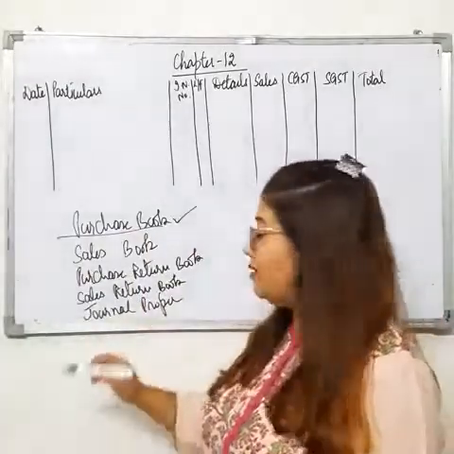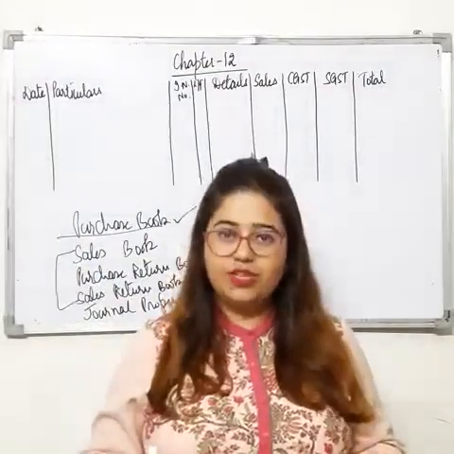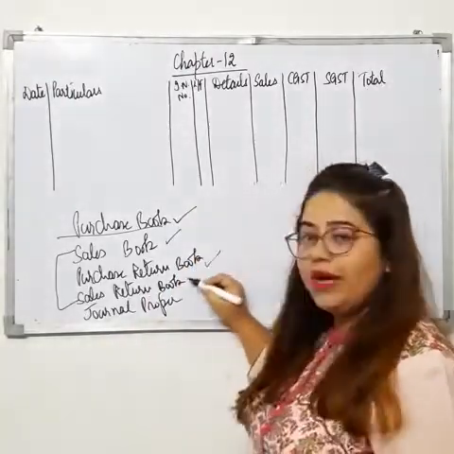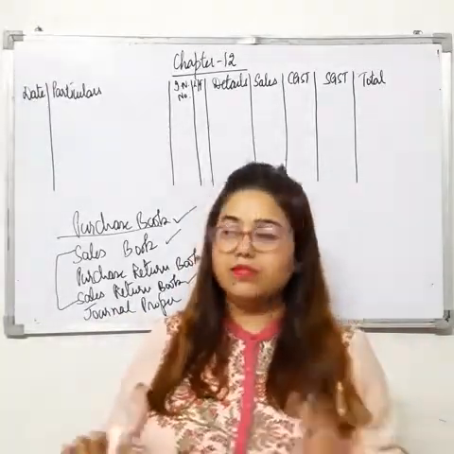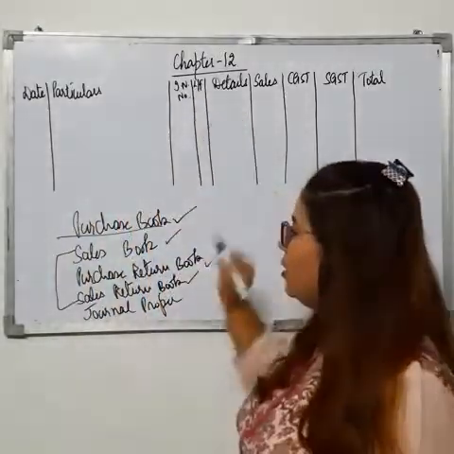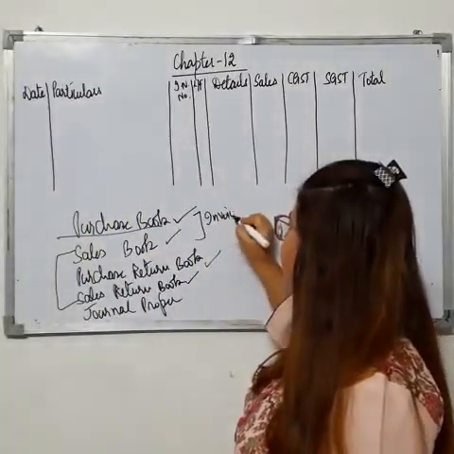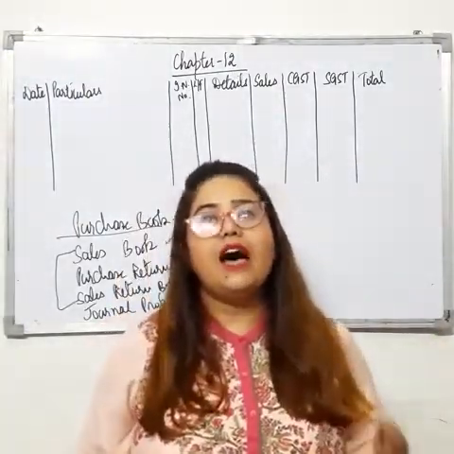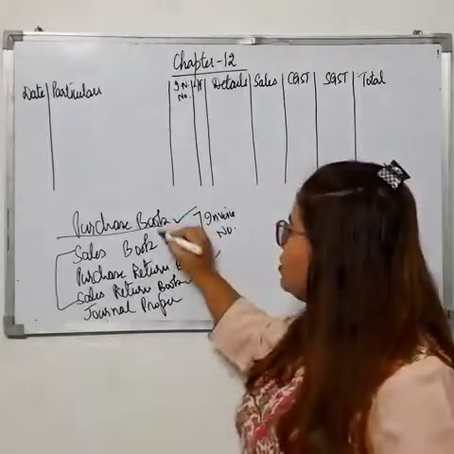Now I just want to tell you students, the next 3 books are also same. Like we have maintained our purchase book, similarly, we have to maintain our next 3 books, that is sales book, purchase return book and sales return book, right? The difference is only in the 2 columns. The date column will be same, particulars column will be same. Here, invoice number. For purchase book and sales book, we have to use invoice number. Why invoice? Because whether purchase is on credit or sales is on credit, there is an invoice which is to be issued, right? Then we have to use invoice number for these 2 books.